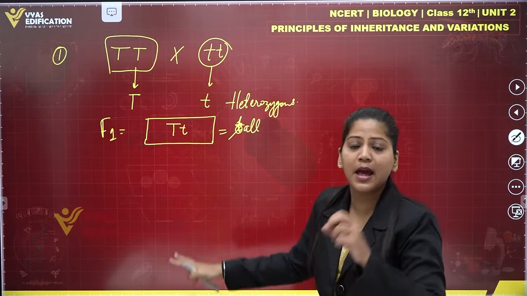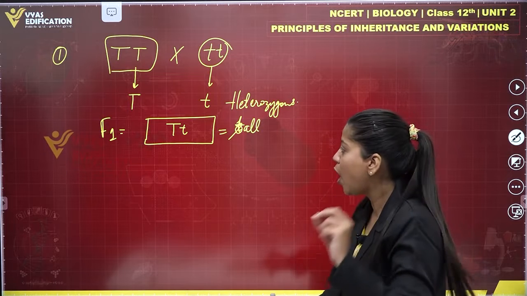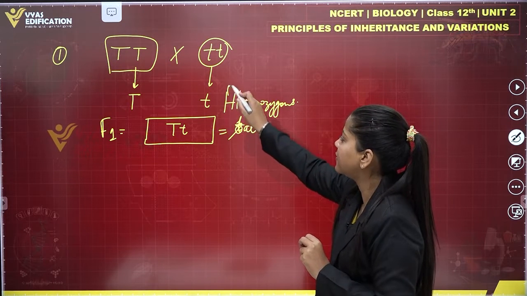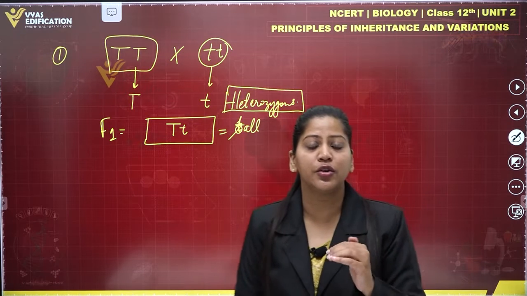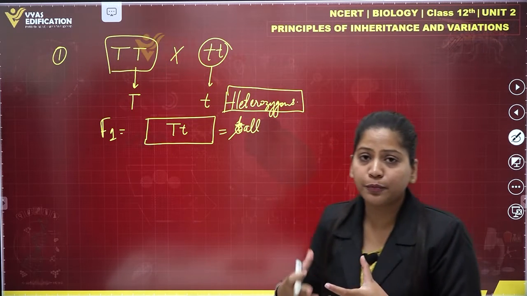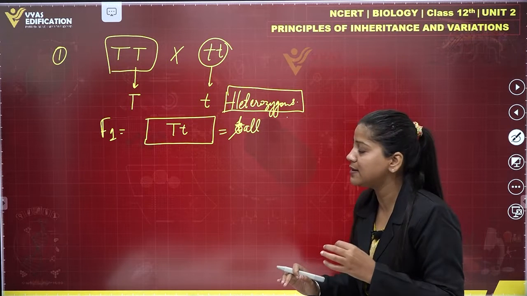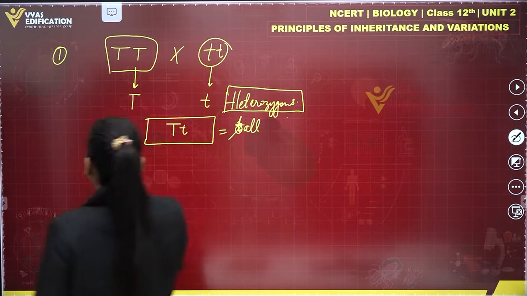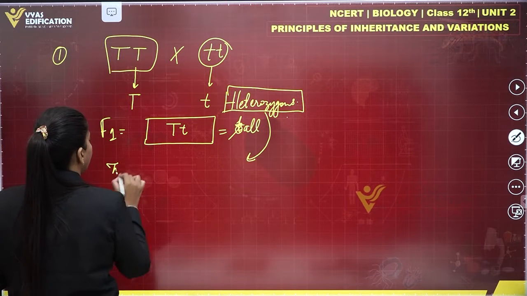All the offspring in the F1 generation are heterozygous tall. If in a test cross we find that all the offspring in the F1 generation are heterozygous, then we can say